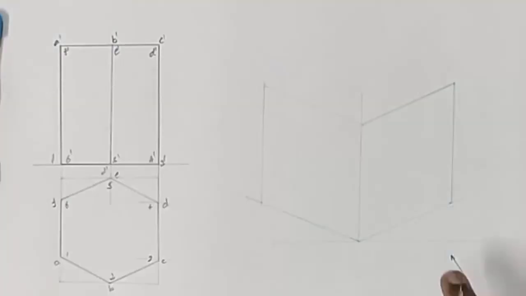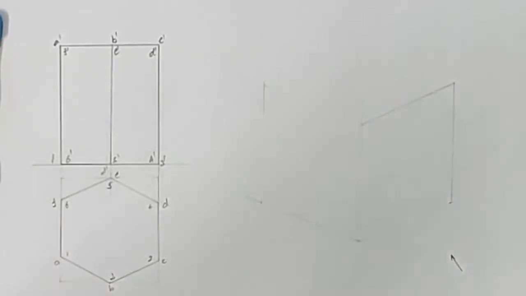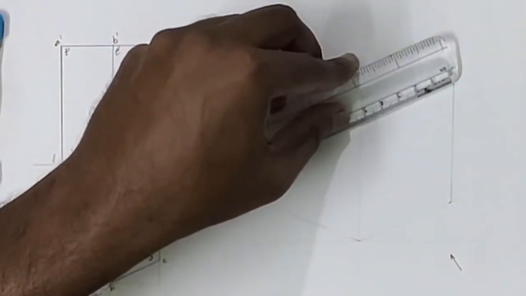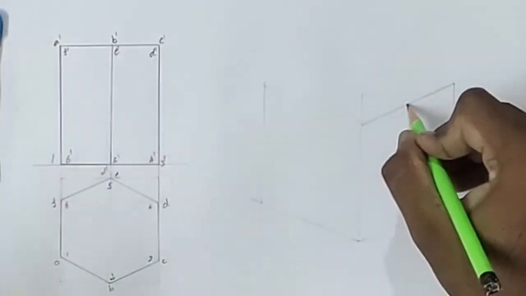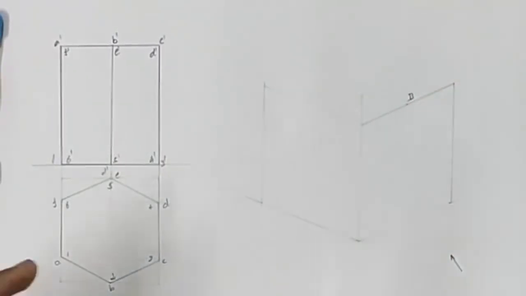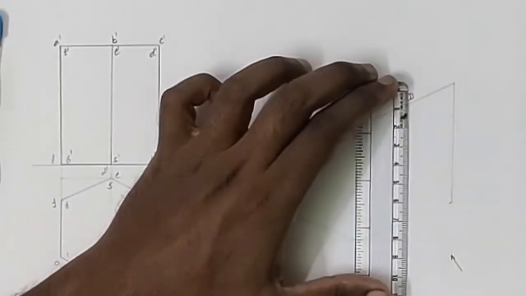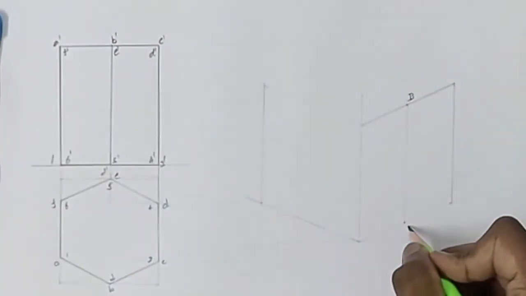Okay, now in the front plane, point 2 is at the bottom and point B is at the top. The 54 mm is the width of the solid. At its center point, point B lies. So point B is at the center point of that solid. 27 mm, I am marking the center point. So this is the center, this is the point B. Then draw a vertical line. Exactly below the point B, point 2 lies.